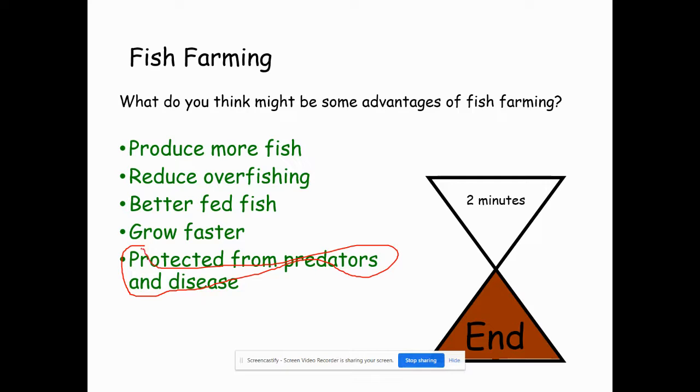If they're all in a pen, then imagine you've got all of these fish. There's going to be no predators, are there? Because they're all going to be the same species. Let's say salmon. The reason they want to rear salmon in this pen is because you're going to get the salmon really big, you're going to feed them a lot, and they're not going to die from predators. They're also going to be probably free from disease because there's no other animal that's able to spread disease. So there's really, really good things about it.